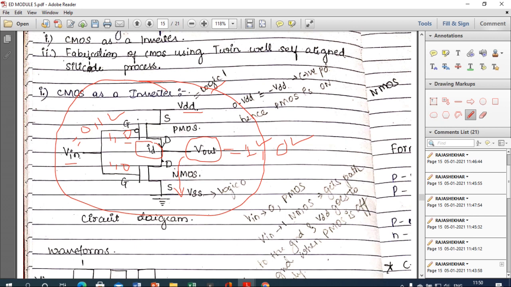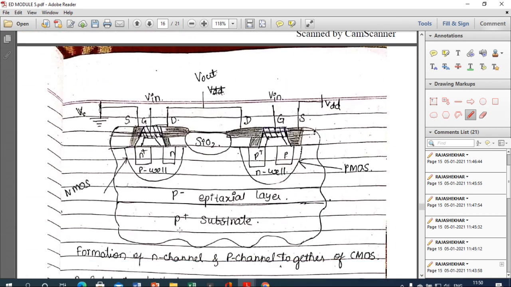These are called wires here. These two are the symbols used for PMOS and NMOS. And this is the fabrication process. This is the last step which I have shown here, a fabrication process, which is used just to represent a CMOS as an inverter. Now look at this fabrication, what it consists of.